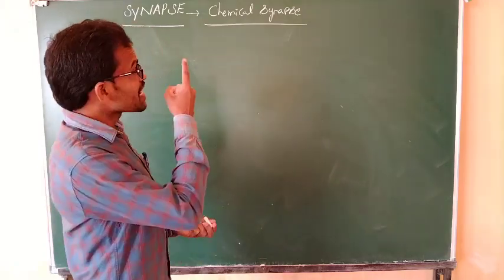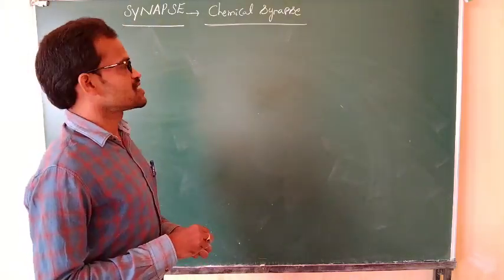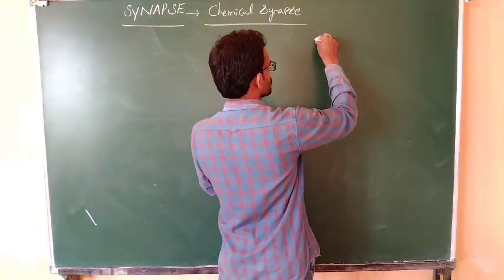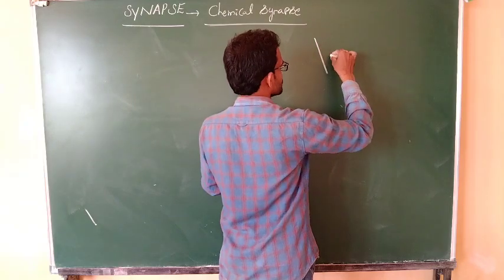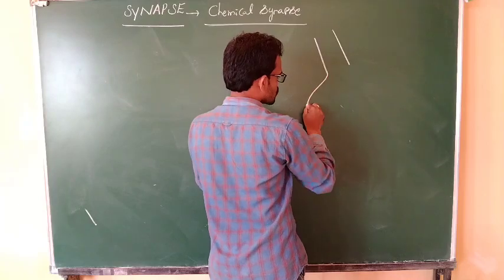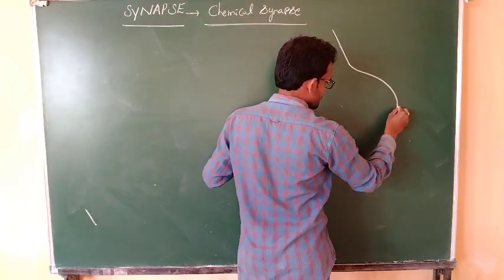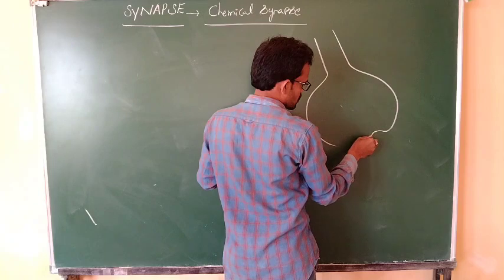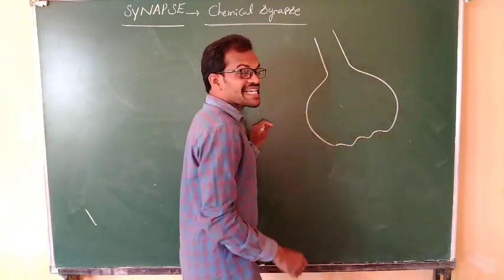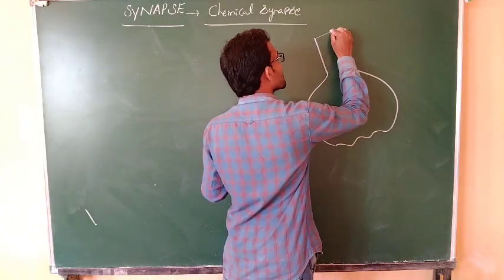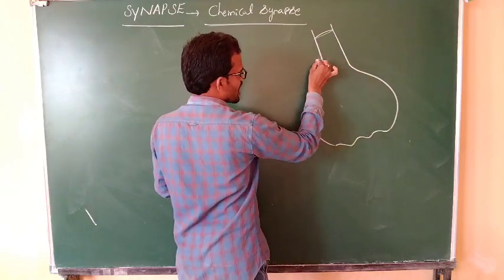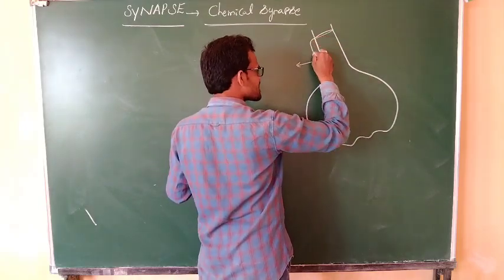According to our textbook, they indicate the chemical synapse. Coming to the diagram, see here, this is the axon. Next one, they indicate the axon terminals,